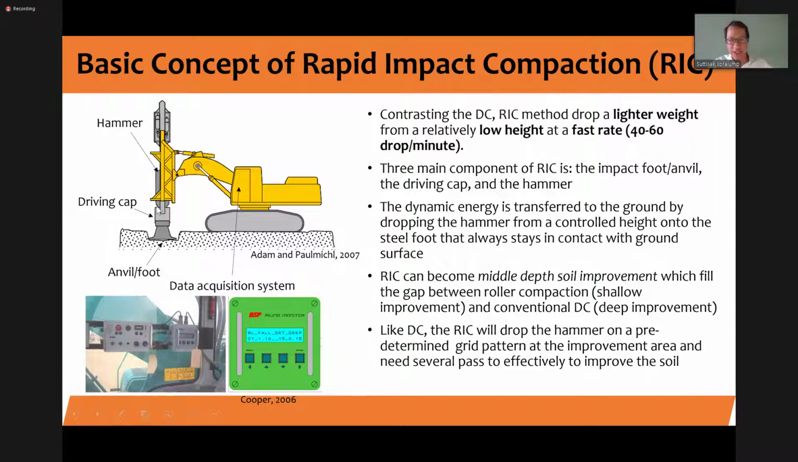Okay, the drop height is shorter, of course, but the energy could be the same by using the number of blows, which is at a faster rate compared to the dynamic compaction. The rate is about 40 to 60 drops per minute, in which dynamic compaction is less than that. Okay. All right. We're going to talk about the components of RIC later on, but generally it